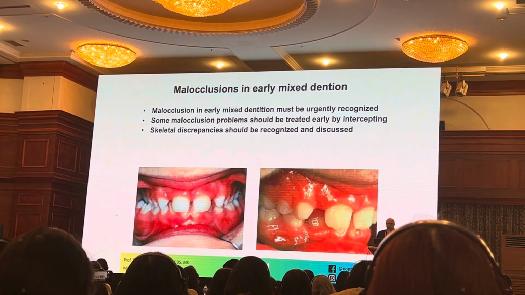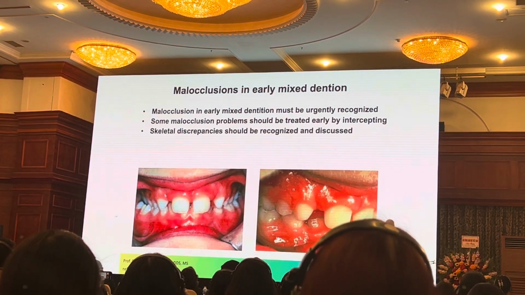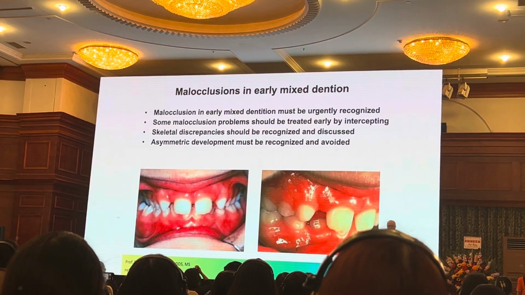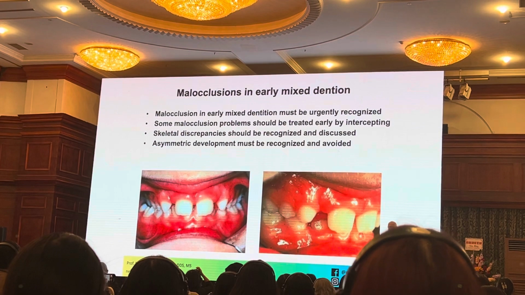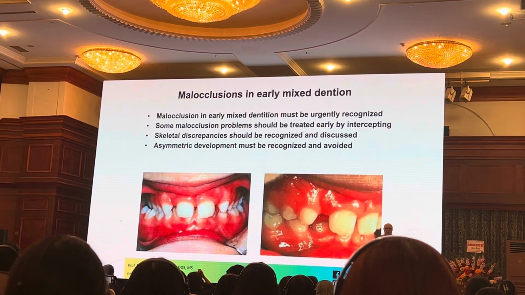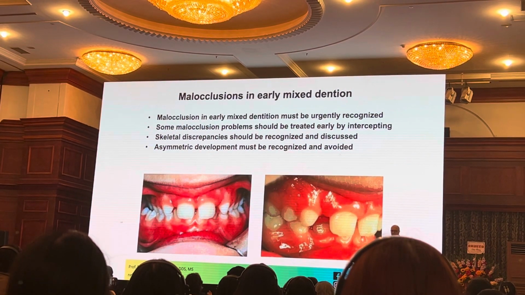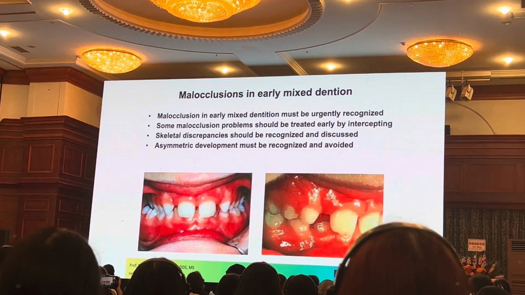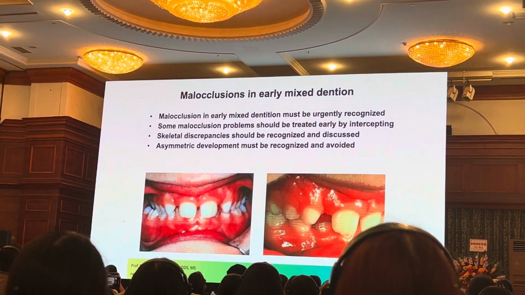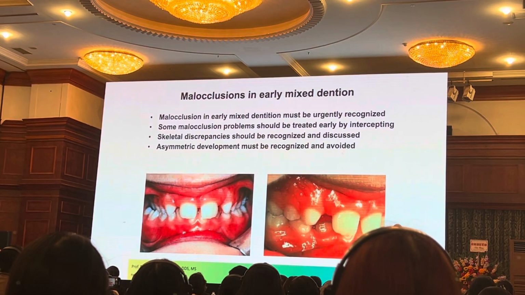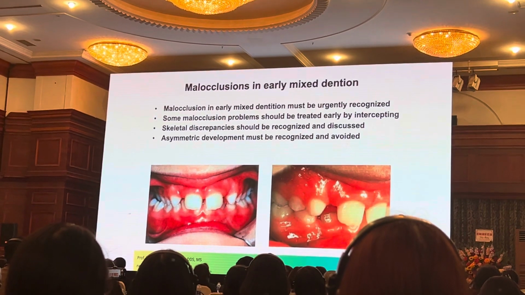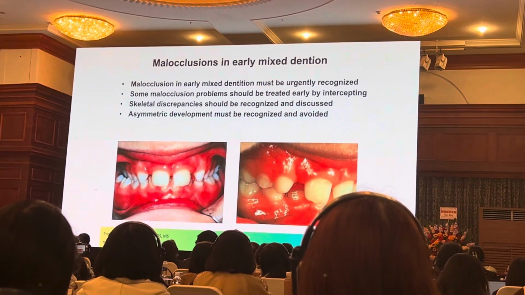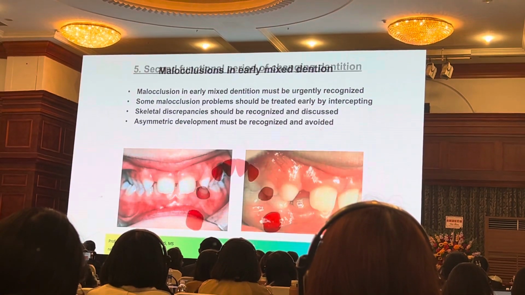And skeletal discrepancies must be recognized and discussed in our diagnosis. Asymmetry development must be immediately recognized and also avoided. So many things we can do for our kids to have a very healthy adult. When we come to the permanent stage, it's just a simple alignment. It's going to be super good and very easy money in your office. But if you have this at the latest, it's going to be a case of really much more trouble